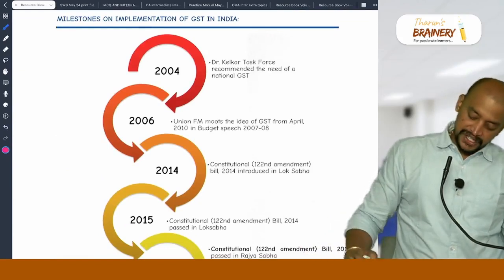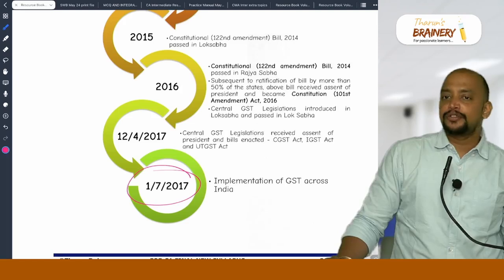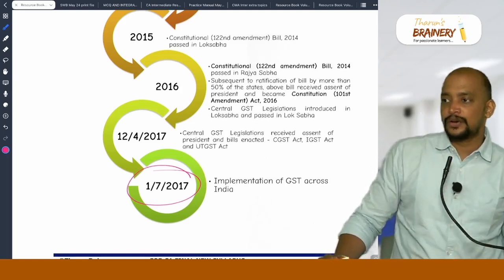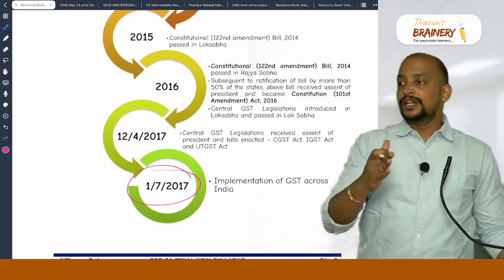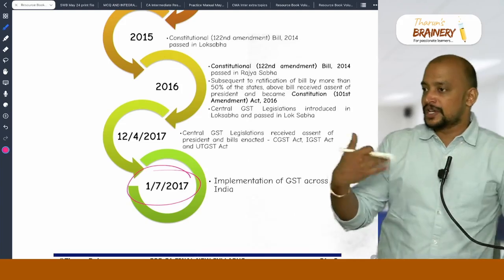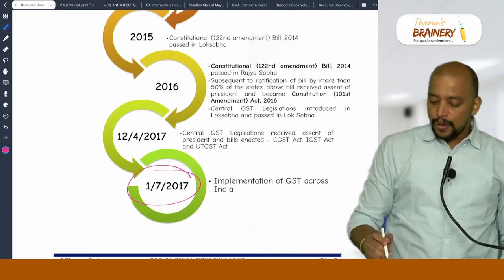So with effect from which date GST is implemented? 1/7/2017. And before implementing GST, there was a requirement to amend the constitution. Why to amend the constitution? I told you, union list, state list. So when both central government and state government need to make law, we need to amend the constitution 7th schedule. So that amendment bill was presented in